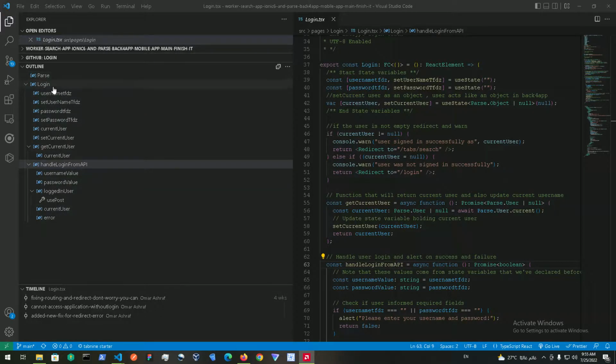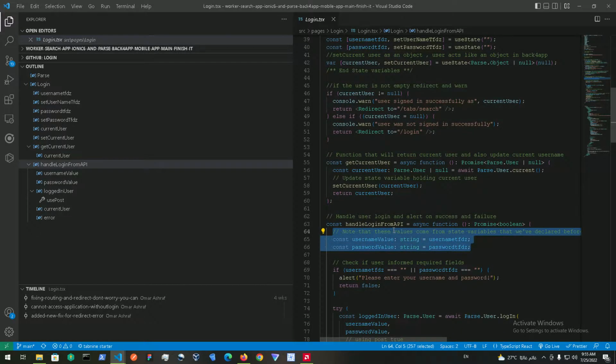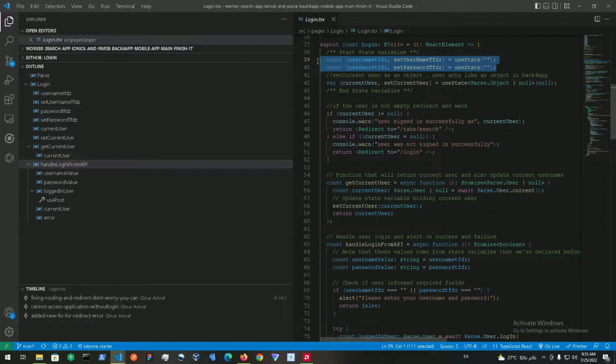So basically we're using Parse, and inside there we're gonna be assigning two new constants over here that are gonna be using useStates and setting state actions, as well as passing over a string to the login value. So basically we're assigning these to make new inputs. The new inputs are going to be dynamic, so the dynamic inputs are going to get the username and password, and they're going to log in